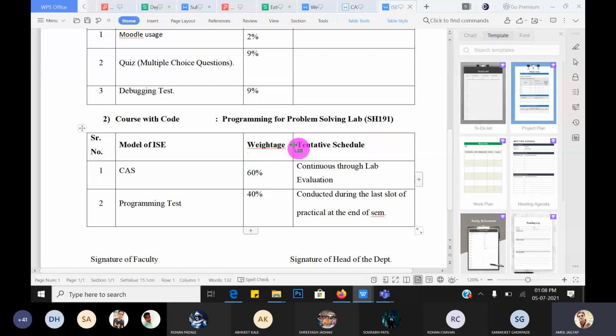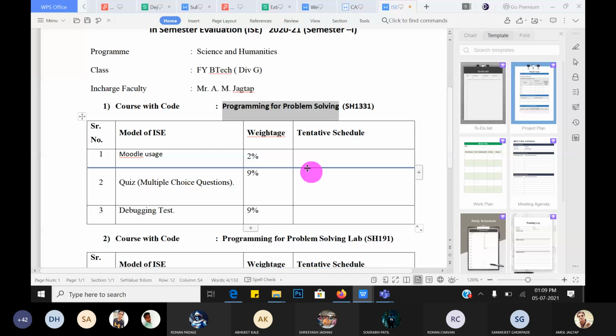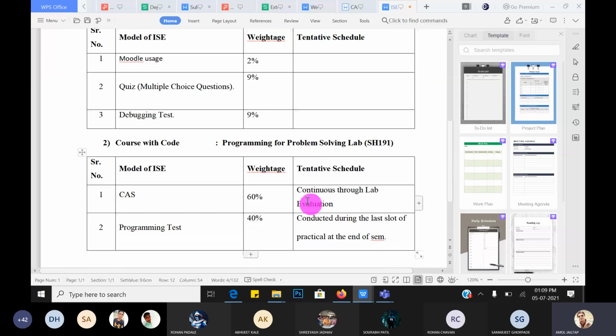For the lab ISC, that is Programming for Problem Solving lab, the lab has CATS, continuous assessment sheet, for 16 marks, and a programming test for 40 marks. The lab course does not have any ESC, but your theory course has the end semester examination, UT1, and UT2. Guys, hope you understand this evaluation, the in-semester evaluation, ISC for theory as well as lab. Yes, sir. Okay, I have shared all the resources on Moodle.